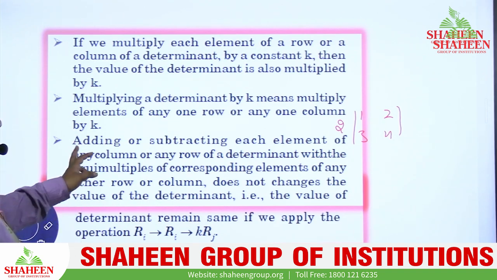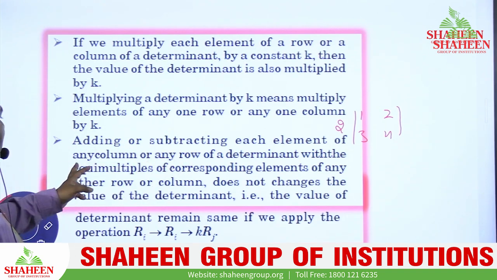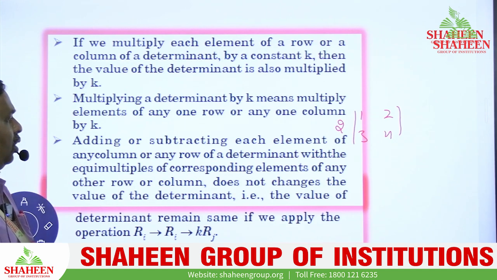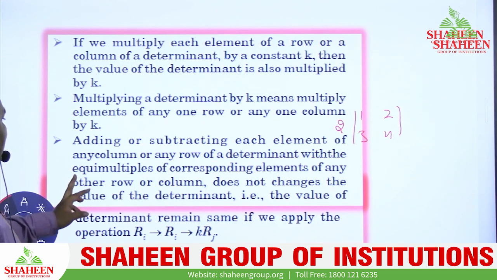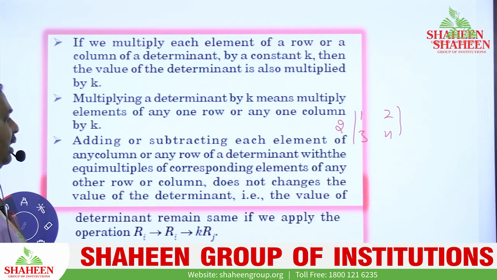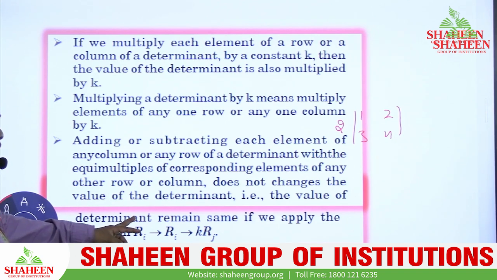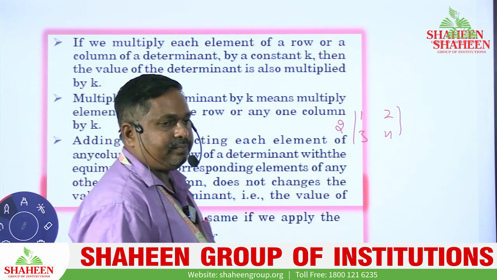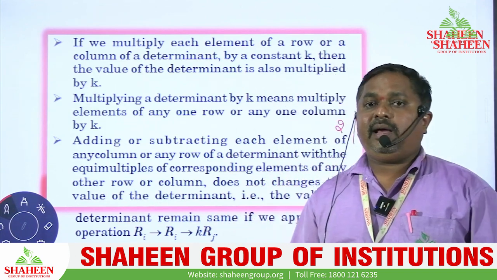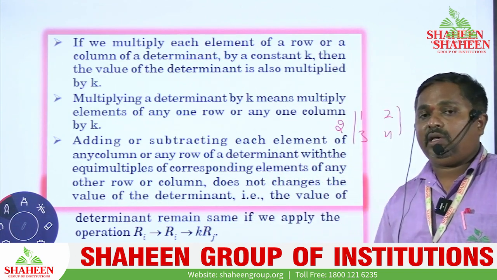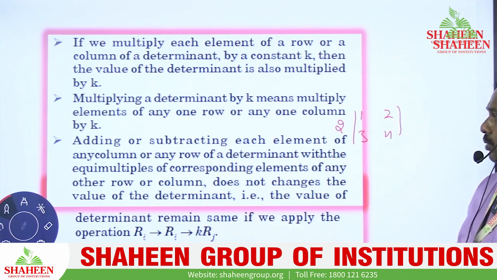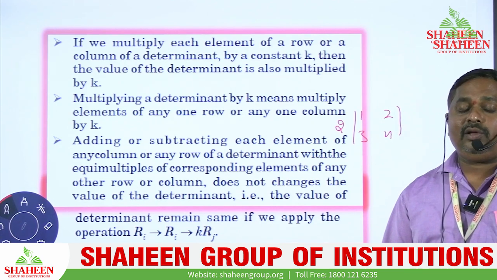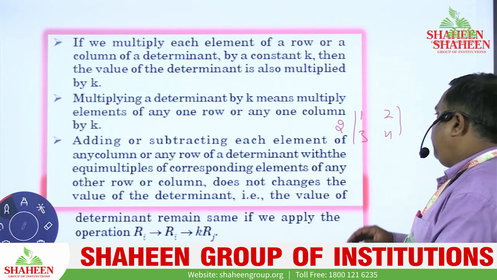Next. Adding or subtracting each element of any column or any row of a determinant with the equi-multiple of corresponding elements of any other row or column does not change the value of the determinant. That is, the value of determinant remains same if we apply the operation. Means if we apply the elementary operation to the given matrix or given determinant, the determinant value remains same. For example,